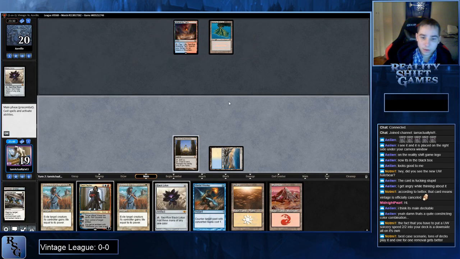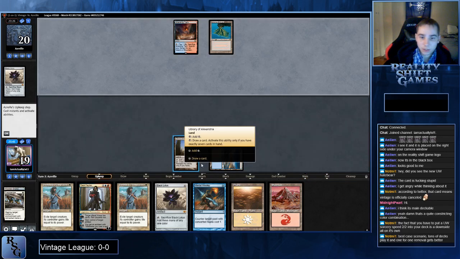Alright, that's fine. We're just gonna go to the next turn. Keep getting our library draws. If we're gonna play a Xerox mirror, being on library is just gonna win us the game, so...